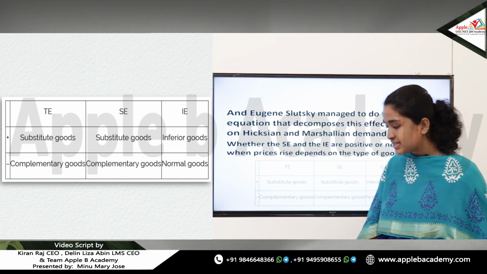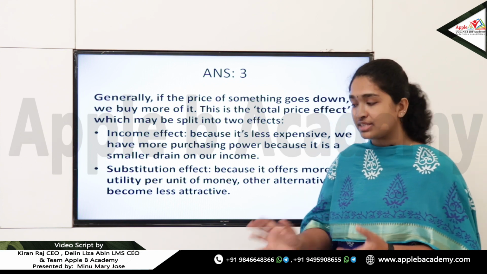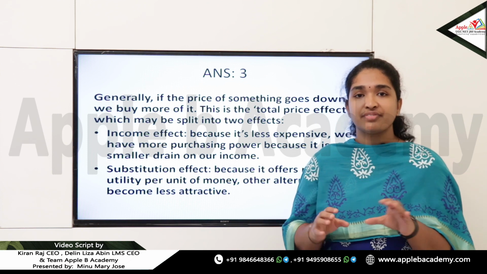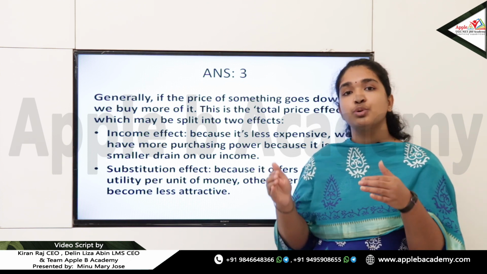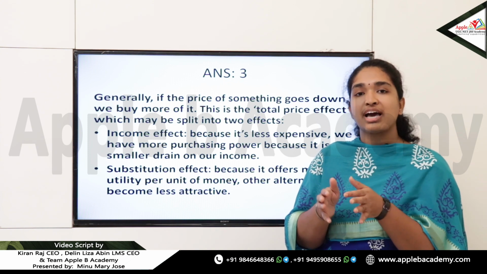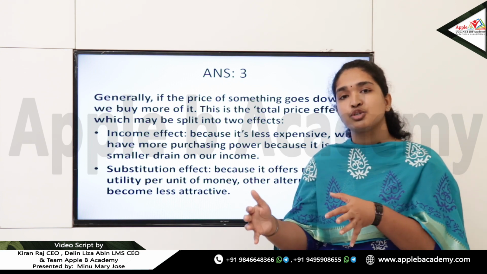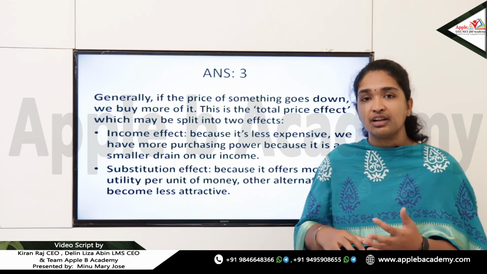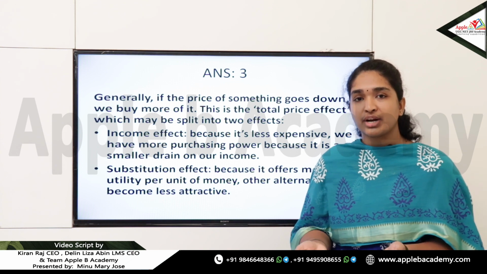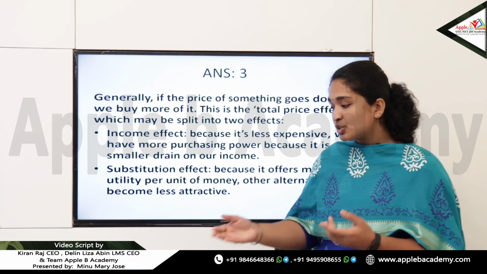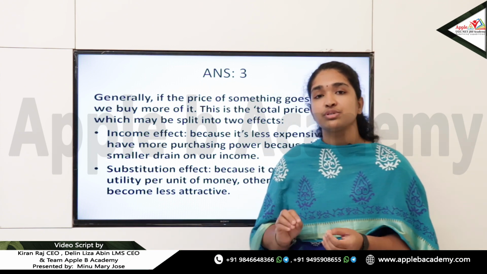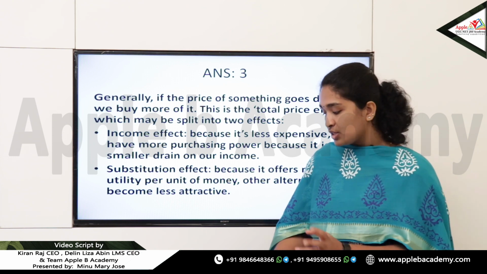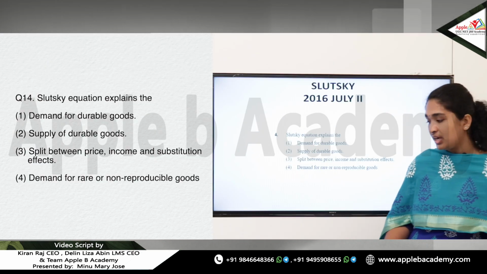So all that Slutsky's preference theory gave us is that he used his ideas to distinguish between what is the substitution effect and what is the income effect. He managed to decompose, or isolate, each of the income and substitution effects from the total price effect that happened due to an increase or decrease in the price level of a particular commodity, and how that changes the consumer's pattern. So this is what Slutsky used to explain the Hicksian and Marshallian demand curves. So the answer for this question would be option 3.